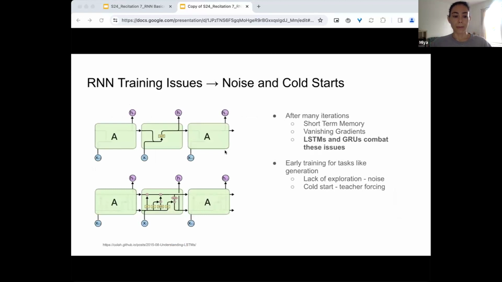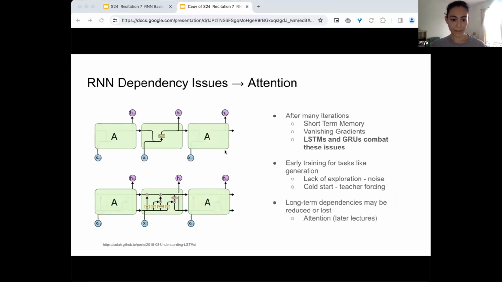So for example, in your homework, you could start with 100% teacher forcing, feeding from the ground truth 100% of the time, and then gradually reduce the teacher forcing rate. And the more you're able to reduce the teacher forcing rate, the closer you're able to make the conditions during training time like the conditions during inference time. There are other issues like long-term dependencies being reduced or lost, but you'll learn about this and the solution to it,